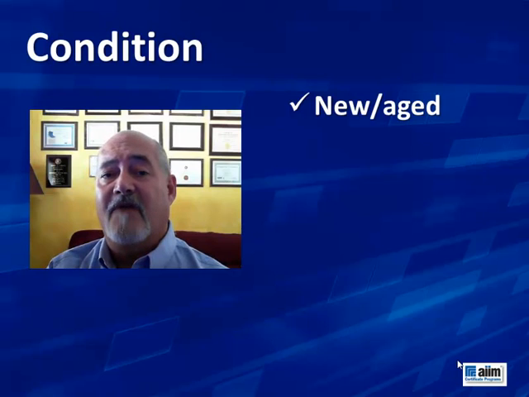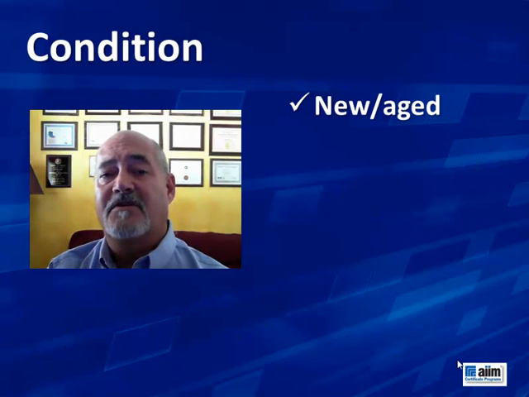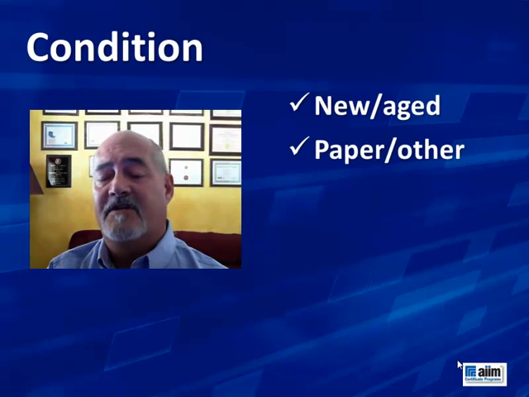Some of these that are around might have corrosion on them. There might be oxidation that makes it difficult to extract or discern the information that's within them. So is it new or aged information that you're dealing with? Is it paper or other? If it's not paper, but it's like paper, could be onion skin. Onion skin was very popular in the early 1900s as information.